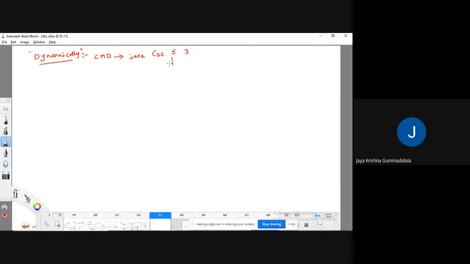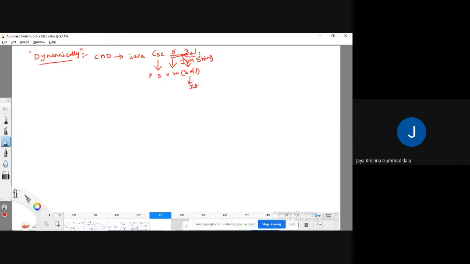runtime, this command is going to be taken by the JVM. Whenever you write the Java command, the JVM will take that and look for the class CSC, and check if it contains the public static void main method, which accepts the parameters as an array of objects of the String class. It is going to convert this 5 and 3 into string format, and explicitly you need to convert them again into integer format if you want to use them.